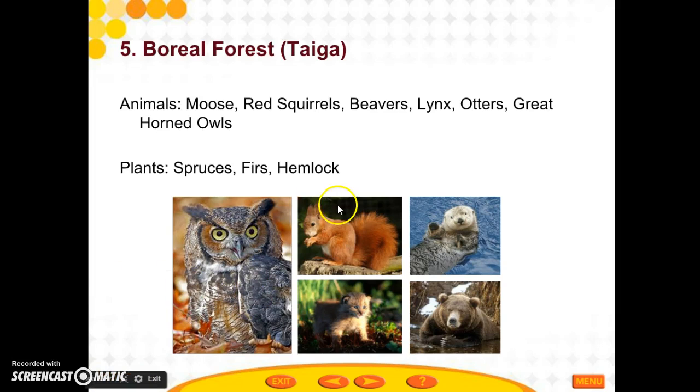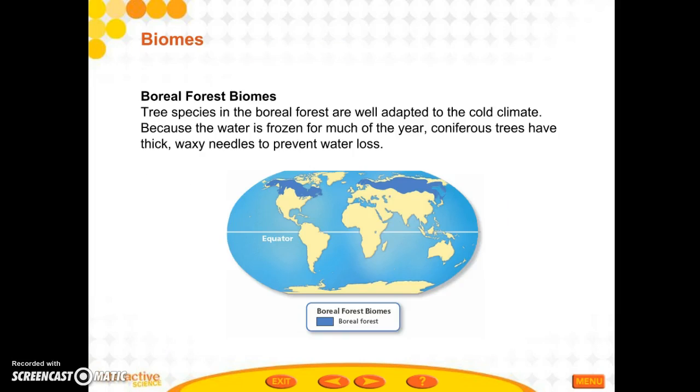Take a look at this one. This is a red squirrel. Look at his little mohawk. I love him. They're super fluffy, and a lot of times even their paws will have some amount of fur on them to help them stay warm. Trees are going to be, again, trees with cones, spruces, firs, anything that resembles those trees that are popular in December. Boreal forests are going to be in your northernmost regions, the ones that are most impacted by the darkness when we get towards those winter months.